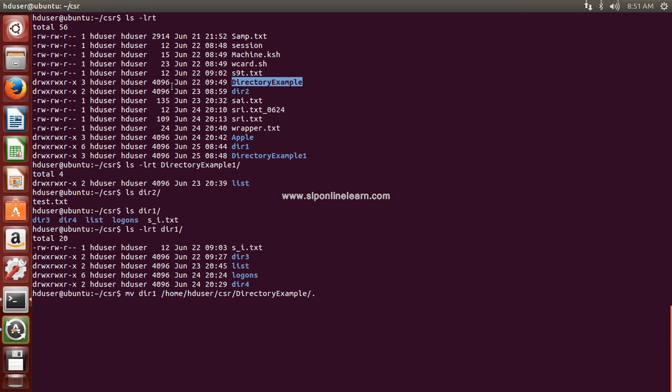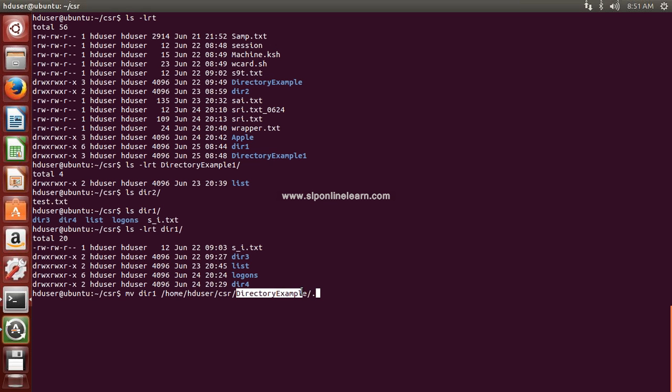Because if you observe this command, this is the mv command, so it will move a file or directory to the target. This is the source, meaning this directory we are going to move into directory example.